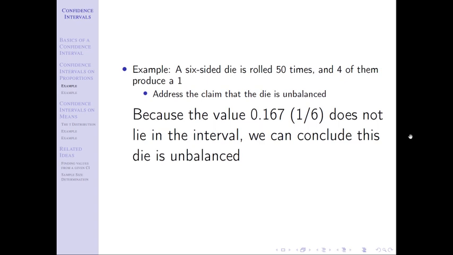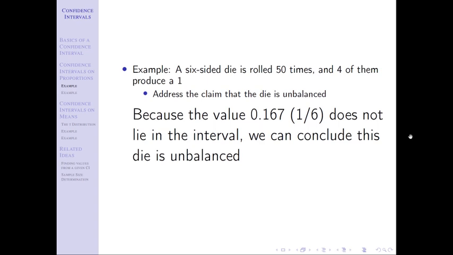Now, we will see other examples that will hammer this point home, but I want to make sure that we understand that on these types of problems, we cannot just shortcut to is the value in question in the interval or not, because there are times when we will say it is in the interval and we can conclude something, and there's times when we say it's not in the interval and we can conclude something. So we can't just try to make it a shortcut type situation.